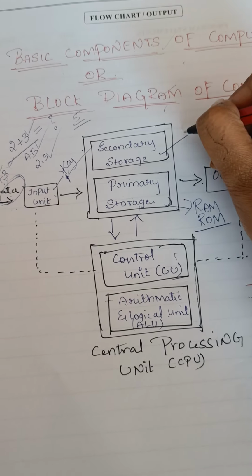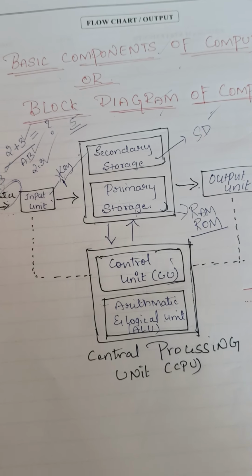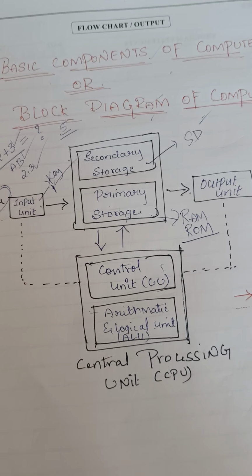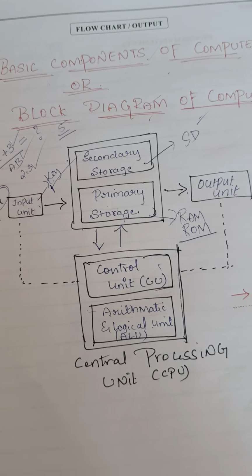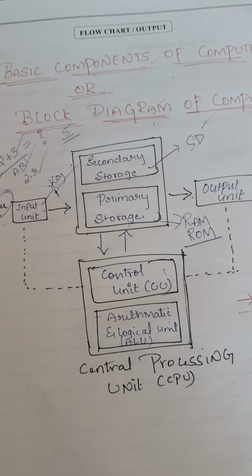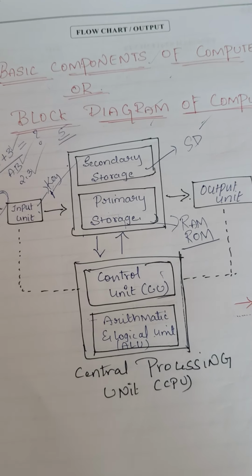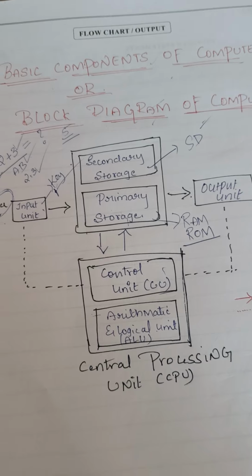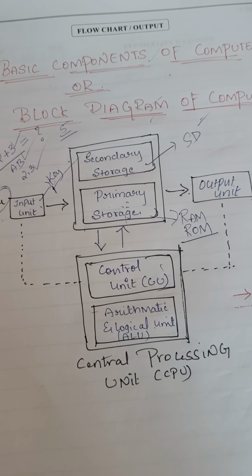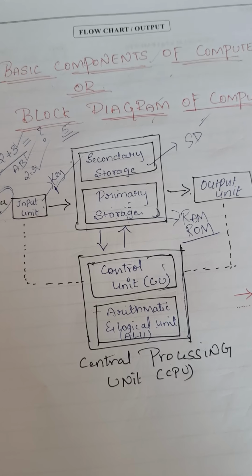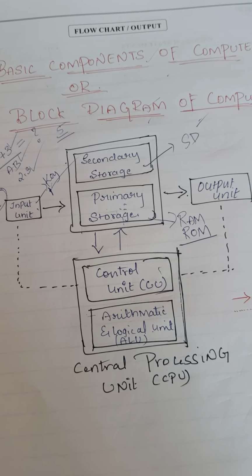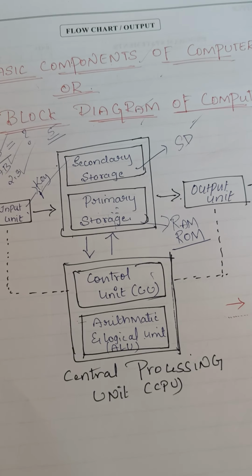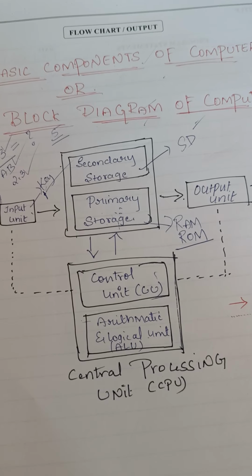Secondary memory is like your SD card. We use this memory to extend the memory in our devices. For example, in your mobile phones, there is already inbuilt memory, but if you want to extend your memory, at that time you can use an SD card. Whatever storage is inbuilt, we call it primary storage, that is RAM and ROM. Secondary storage is external devices. That means whatever we use, pen drive, memory card, we call it secondary storage.